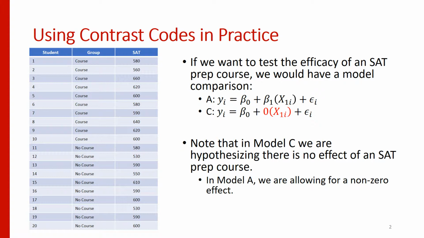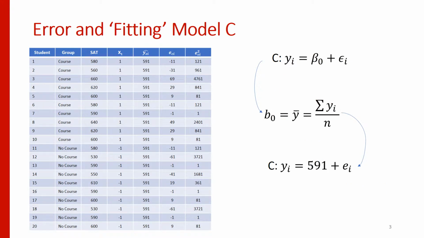because in model C we assume there is no relationship between taking this SAT prep course and the score you ultimately get on the SATs, whereas in model A we're allowing for that to be a non-zero value, and then by statistically comparing the reduction in error, we can make a statement about whether or not we reject or fail to reject the null hypothesis. So in order to fit model C, we have to actually decide how do we arrive